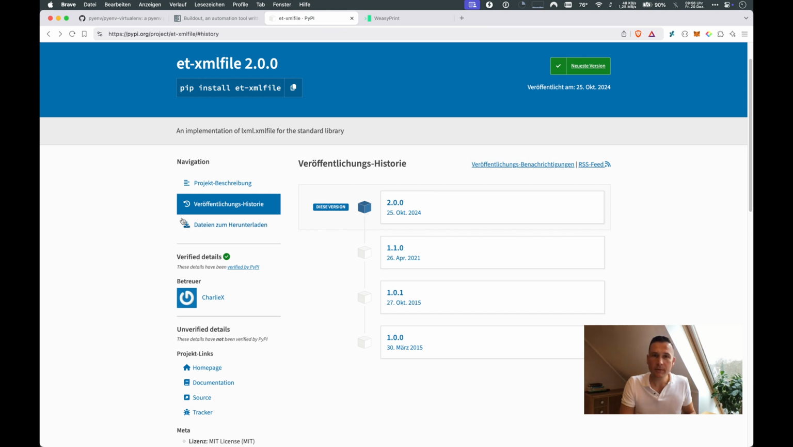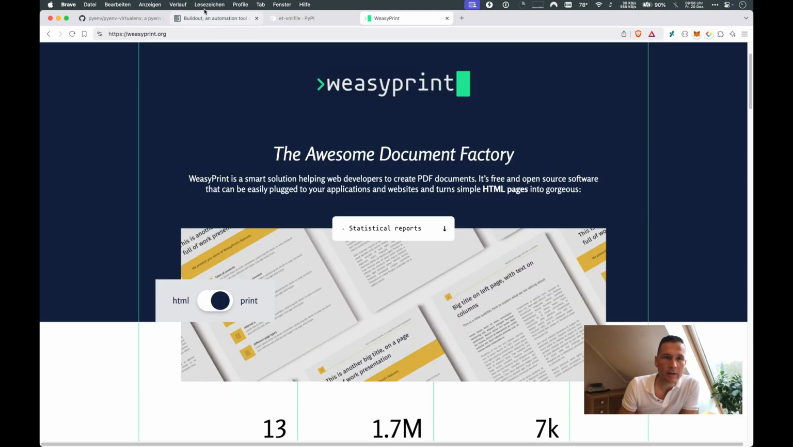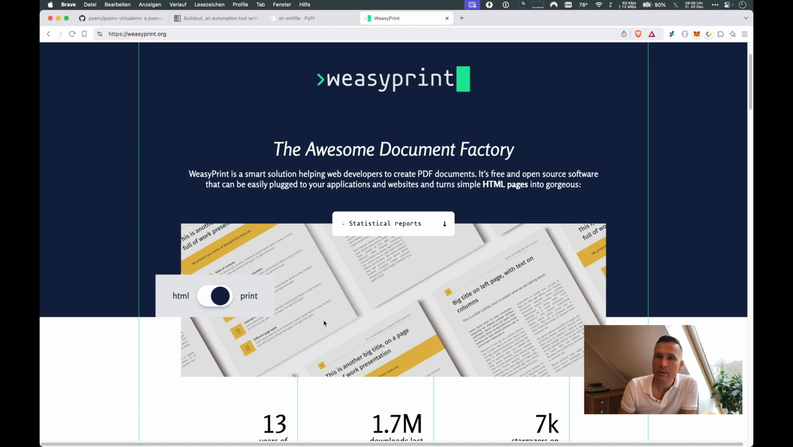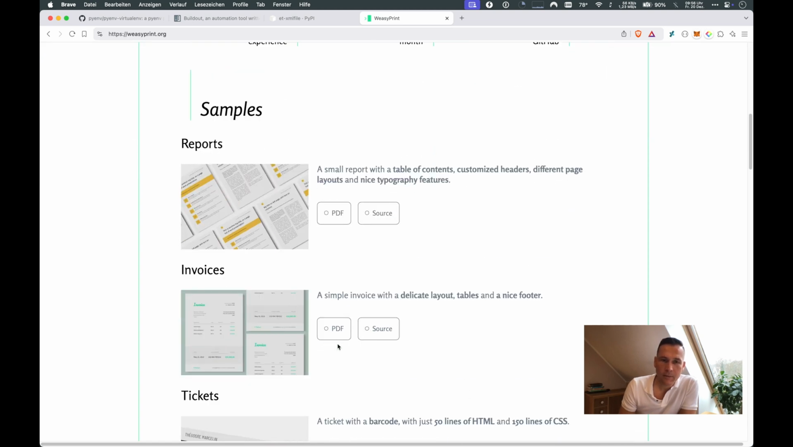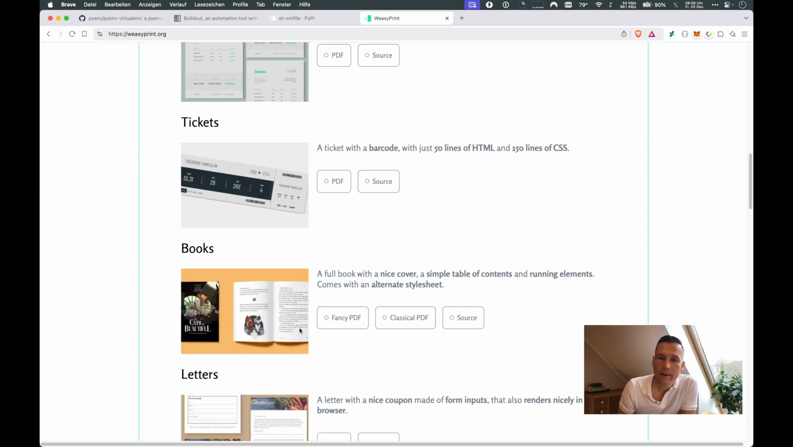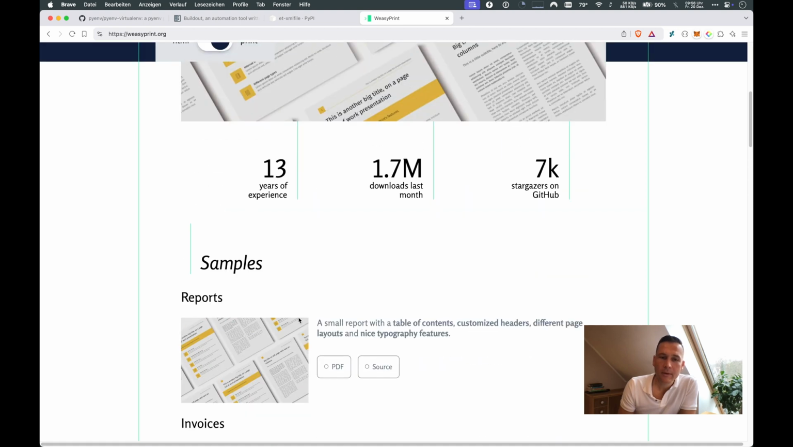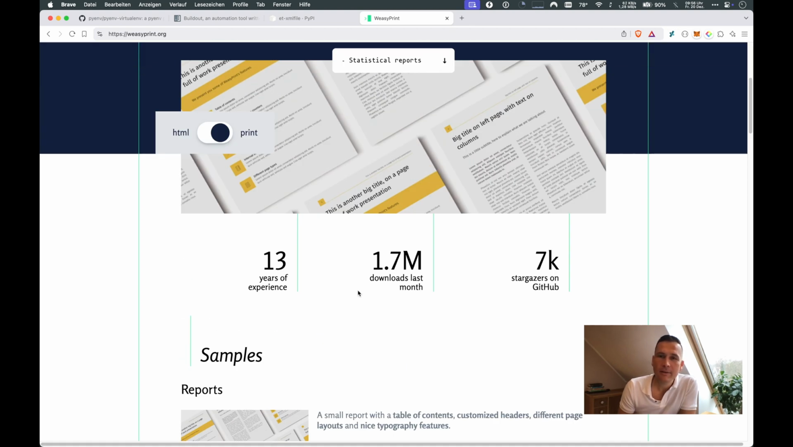Small excursus. Here, this one is WeasyPrint. So here you see the original website. This is how we generate PDF reports from HTML in SENAITE. So it's also worth checking it out and seeing what is possible